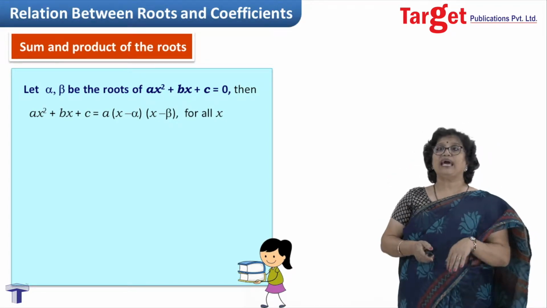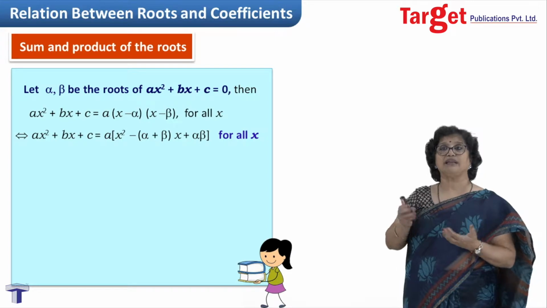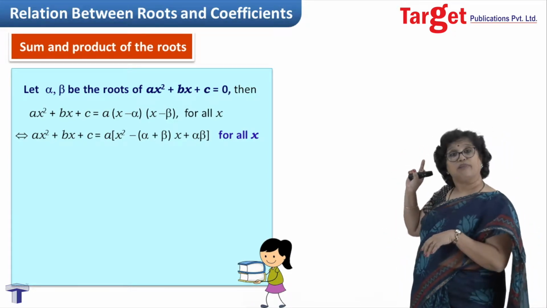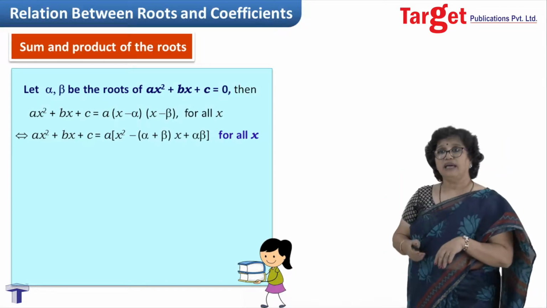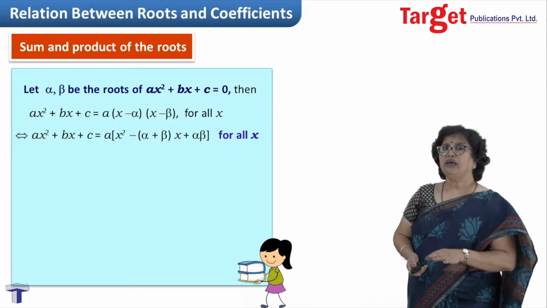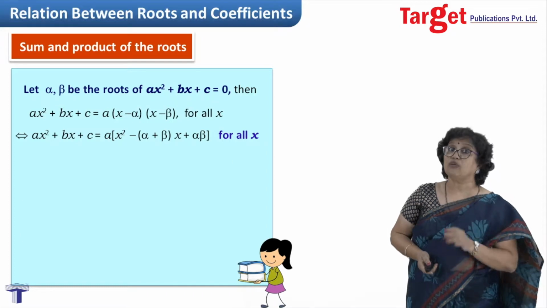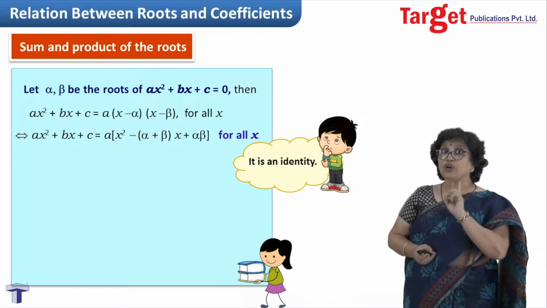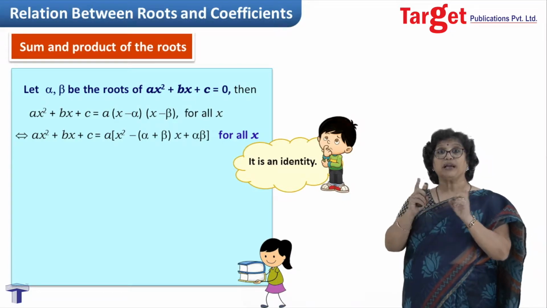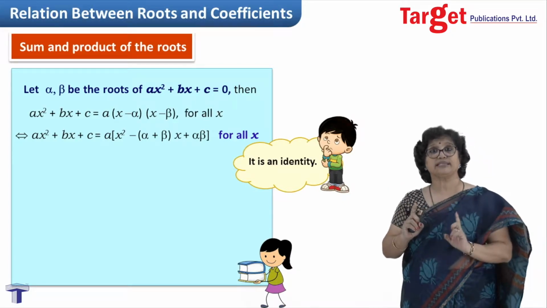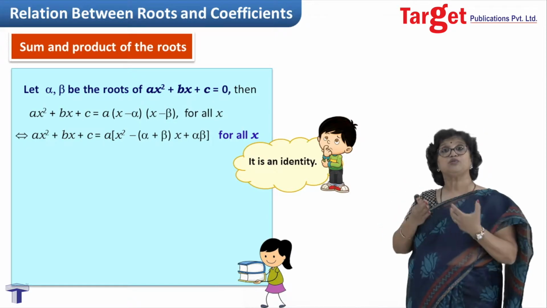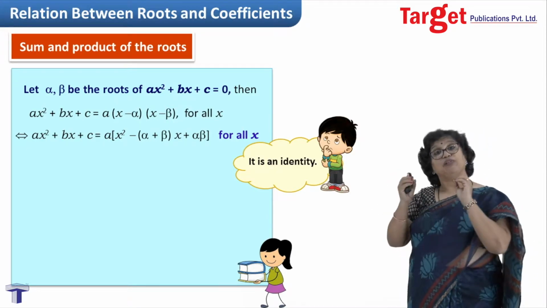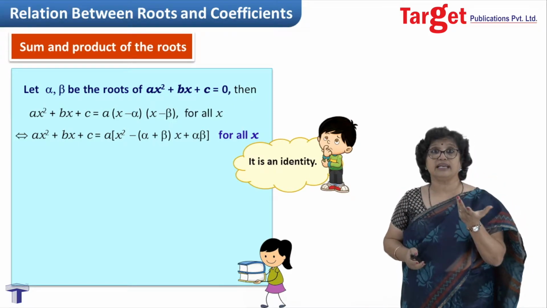Fine. Now when I simplify that a into (x minus alpha)(x minus beta), I will get that as a into (x square minus (alpha plus beta) times x plus alpha beta). I'm still continuing with that for all x. Why do I say so? Because now this is an identity. Now please never forget to write that for all x. If you're not writing for all x, then you cannot simply compare coefficients of x square or x. In that case, you will have to bring all the terms on same side if you're not writing for all x. All the terms you will bring on one side and then you solve for x, etc.